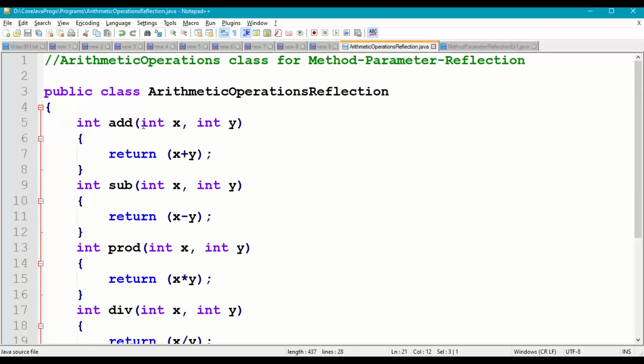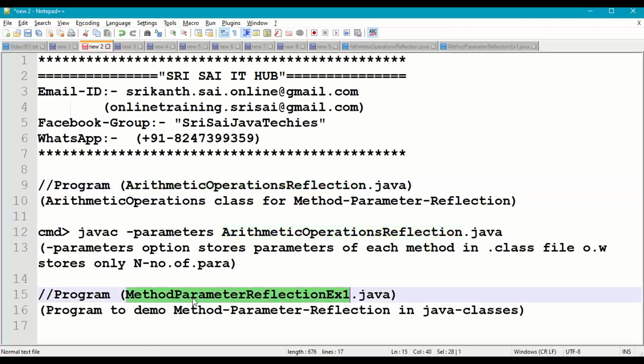For all these we are taking two input parameters, x and y, and returning x plus y, whose return type is int. The parameter data type of x and y is int.